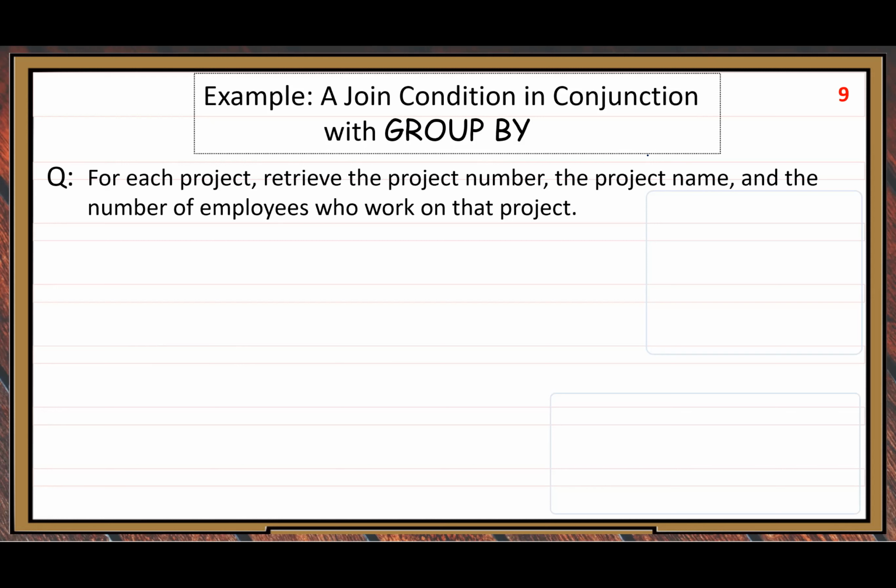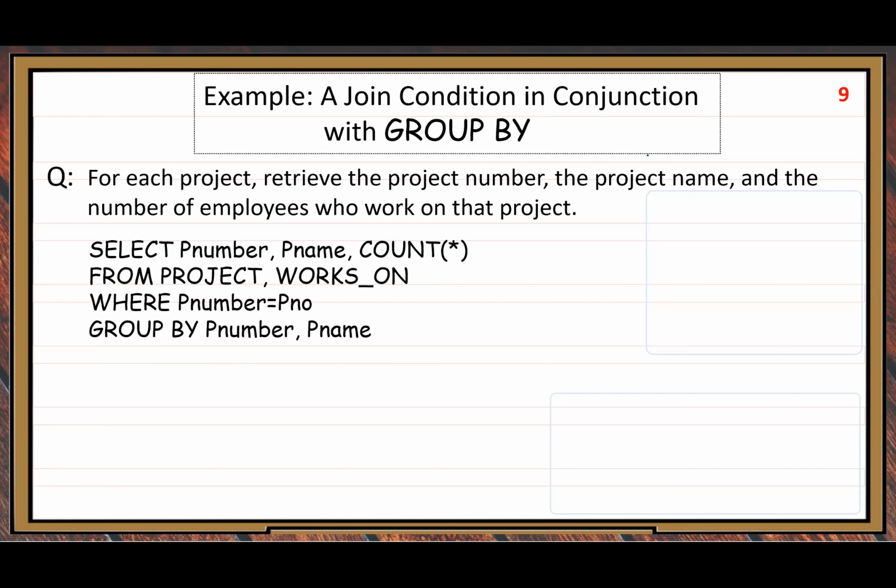So now you can see you need to use that project information to define groups, subgroups. So look at the query. Select P number, comma, P name, and count the number of tuples in each subgroup, from project, comma, works_on, where P number equals P number, and group by project number, comma, P name. Now here, in this example,